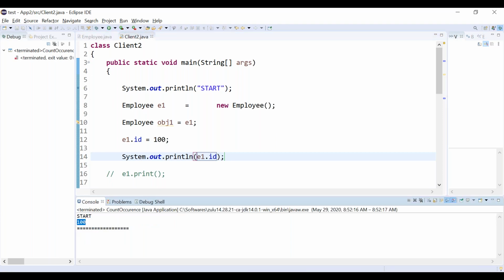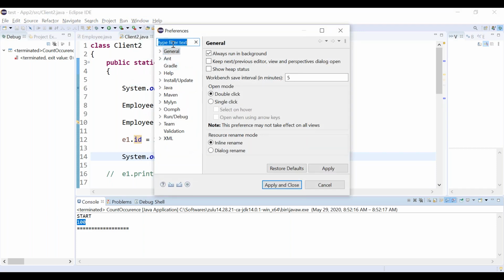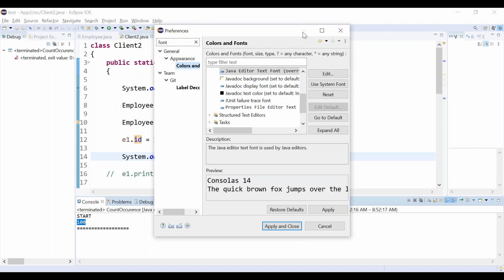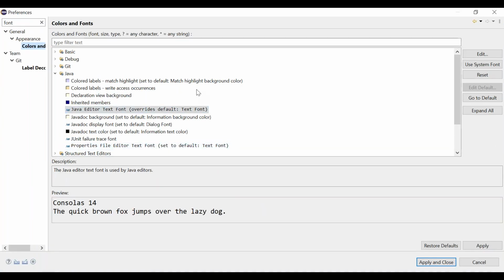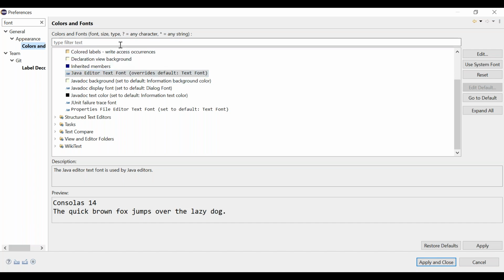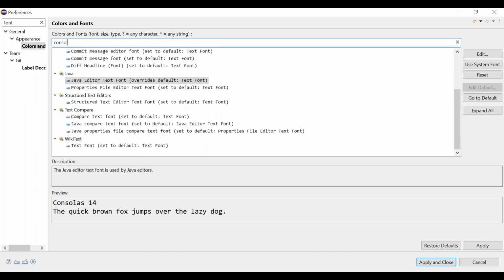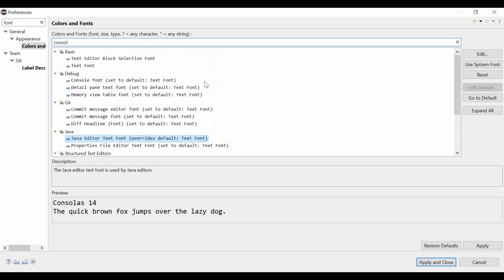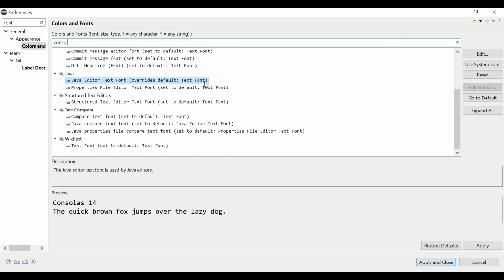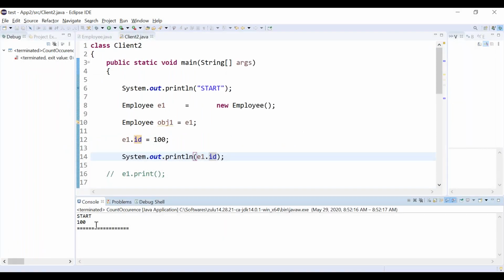You can see the output is 100. Can you see it? Yes, it is 100.